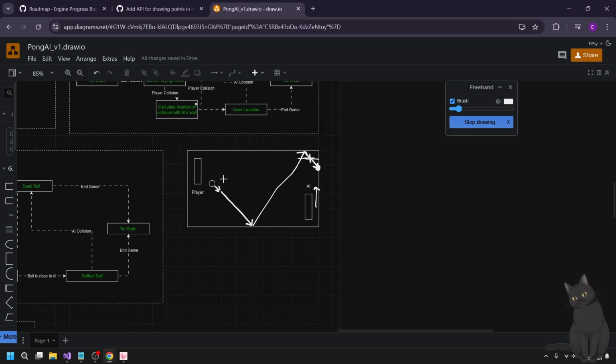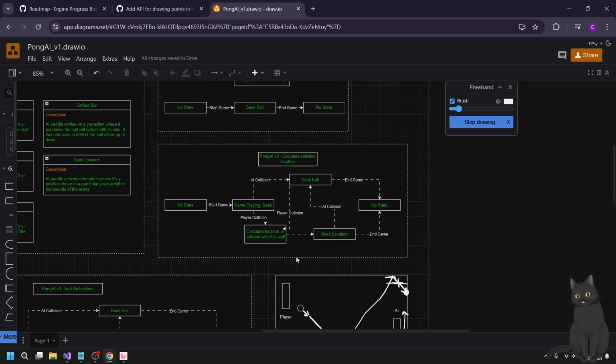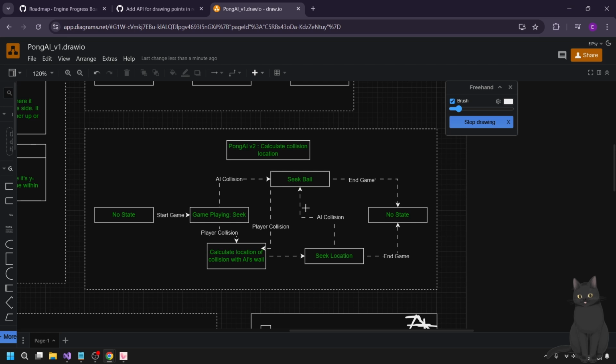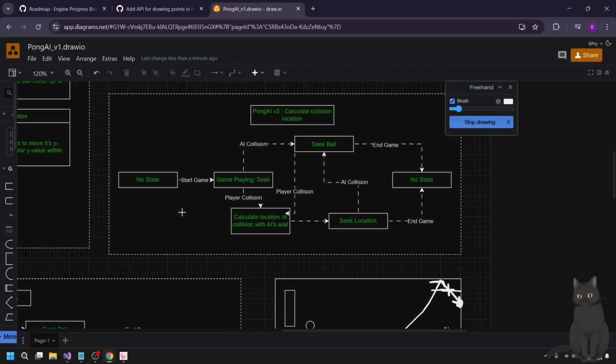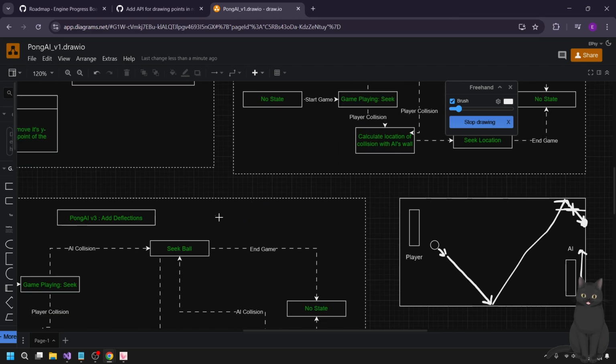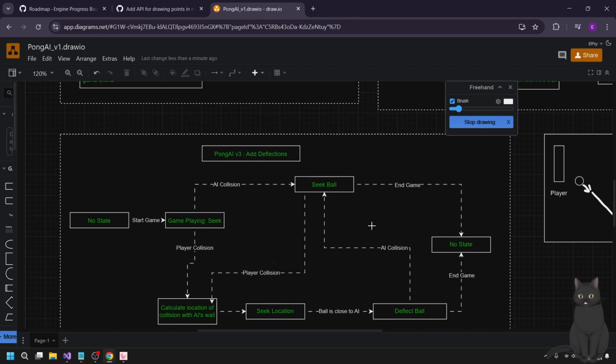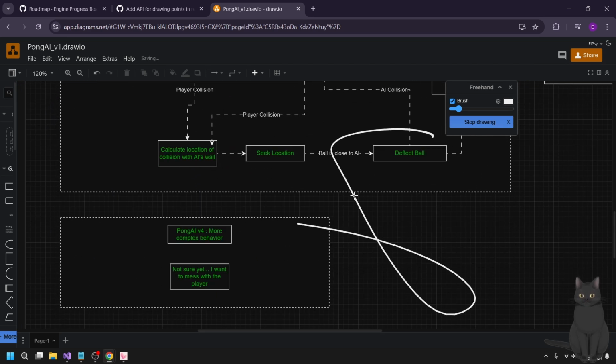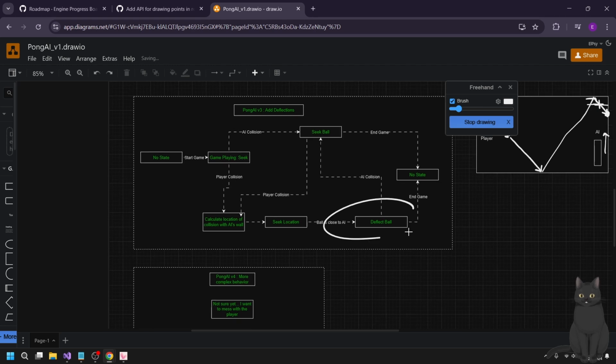And the other thing is, in my game, you are actually able to deflect the ball, right? If you move a particular direction, you can deflect it in a different direction. So me as the player, I can do that, but the AI can't. So I just want to add deflections right after that.